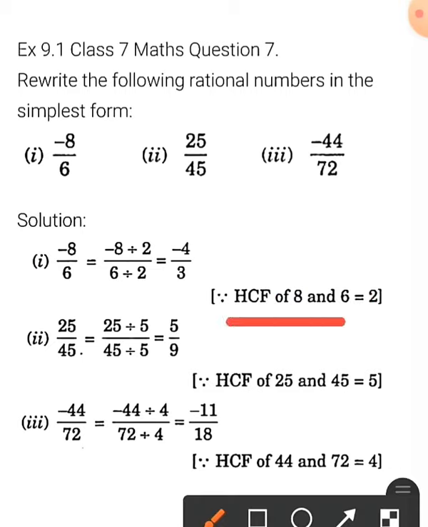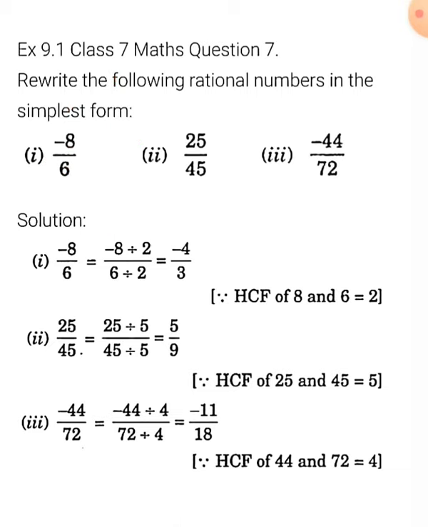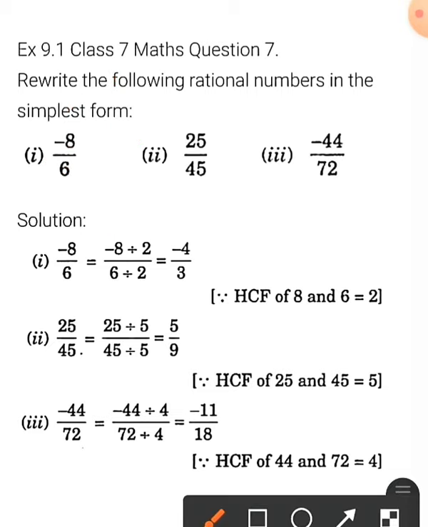You don't have to write this, you don't have to show this division; you can do it directly by the cancellation method. So 2 how many is 6? 2 3s are 6, and 2 how many is 8? 2 4s are 8, and minus was there, so minus 4. So the first one's answer is minus 4 upon 3. Directly आप उसको cancellation कर सकते हो. Here we are dividing both by 2, doing cancellation with the table of 2, and the answer is minus 4 upon 3.